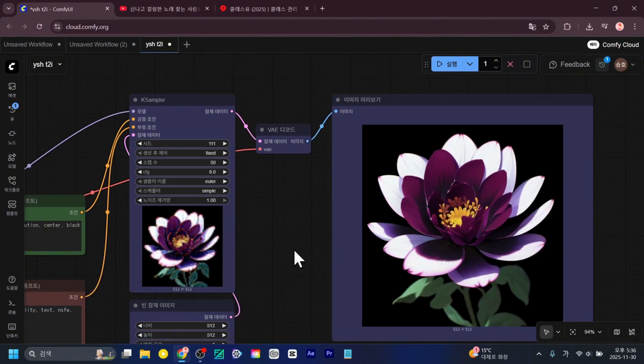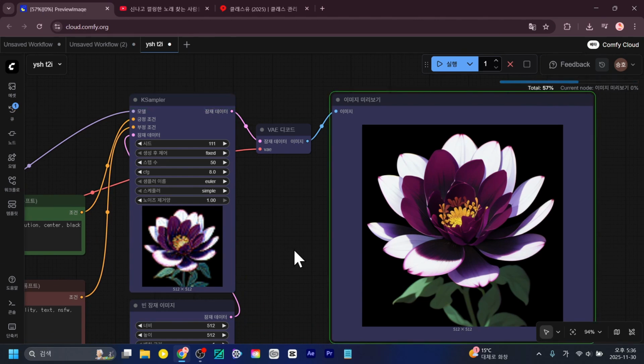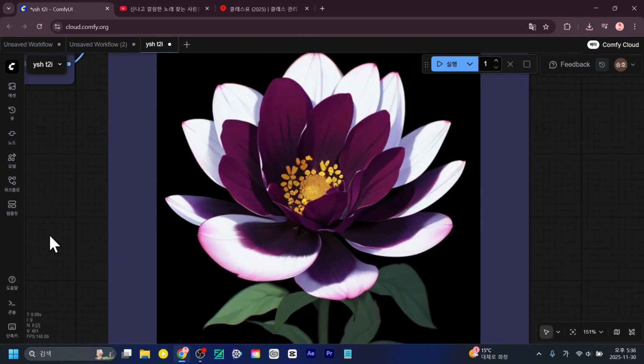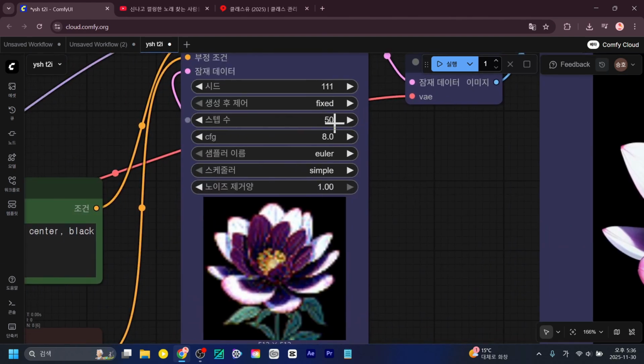In the past, people used to say things like, use 28 steps for extracting people, 45 steps for backgrounds, 35 steps for objects, and so on, but that's all outdated now. These days, it's just for conceptual understanding. Later, when you use other templates or features, it's helpful to know why certain step values are used so you can check and understand them. When you use a certain number of steps, there isn't much change, right? There isn't much change, so let's try with 100 steps.